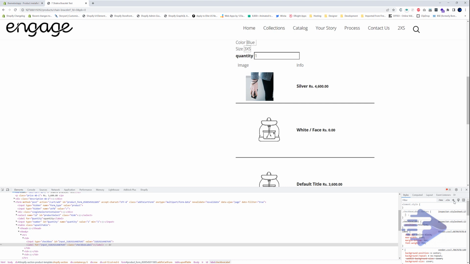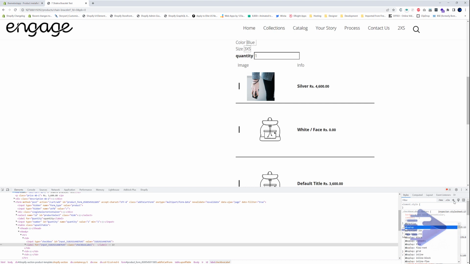For this one, let's say border 2 pixel solid with current color, and content will be nothing. And the next thing is display inline